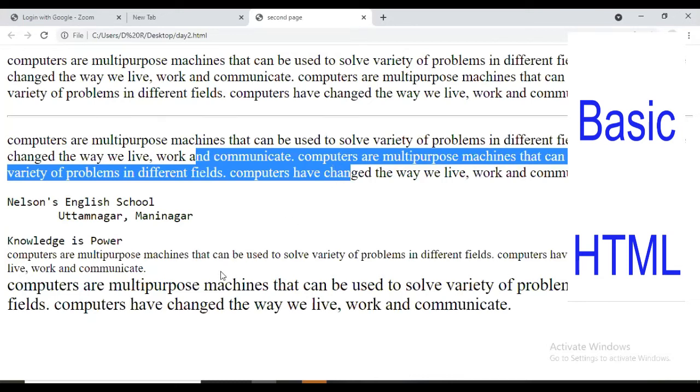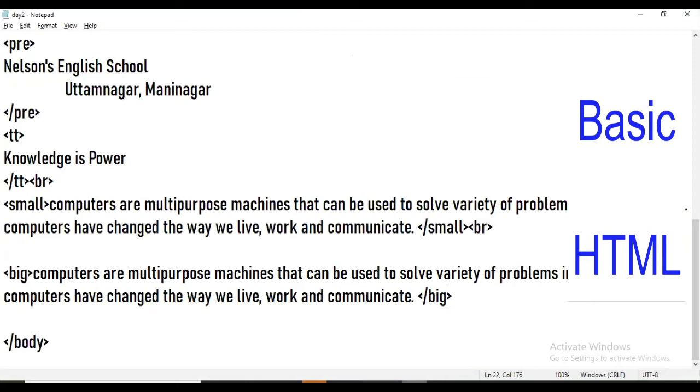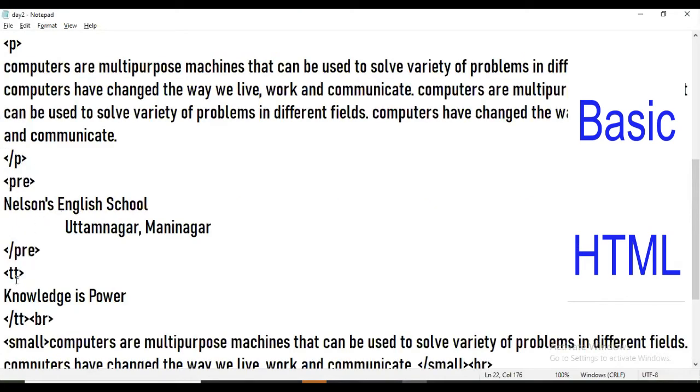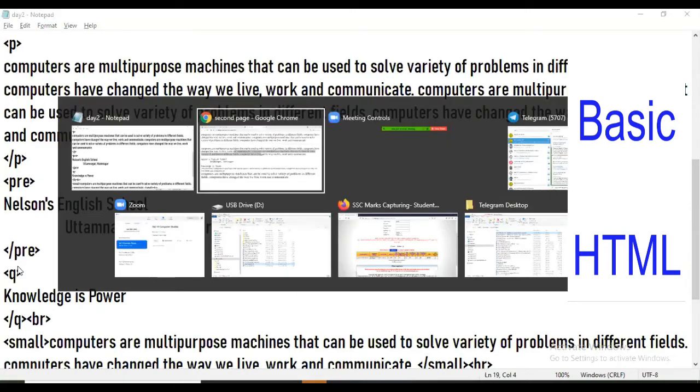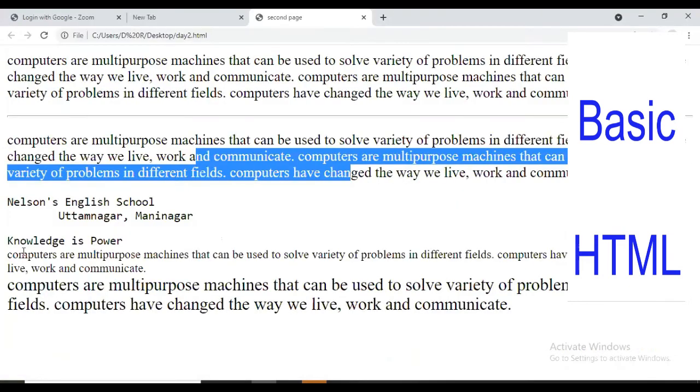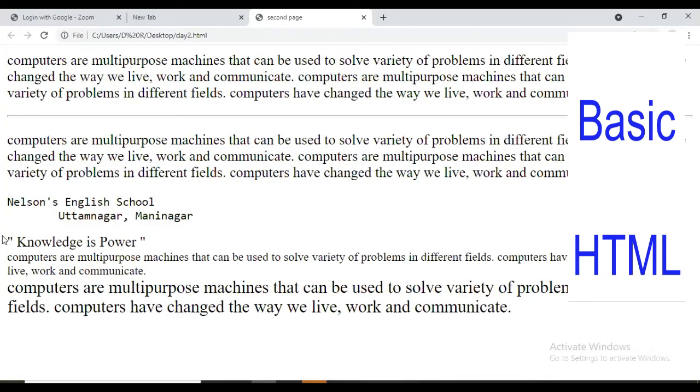We have two more tags, that is acronym and Q, that is quote. So let's make it Q, knowledge is power. Okay, instead of TT I have made it Q. Now you can see that the quote effect is given to this text.